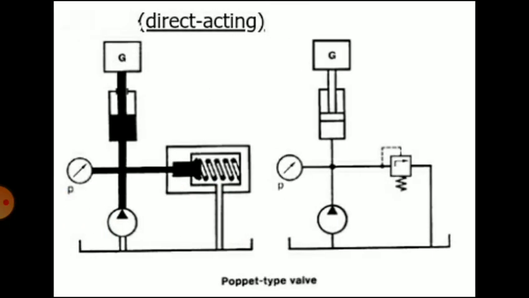This is a line diagram or the circuit diagram of pressure relief valve. So you can see at the left hand side and the right hand side, that pressure relief valve is connected in a system. So at the bottom there is a reservoir. In the reservoir there is a hydraulic pump, and that hydraulic pump is connected to the actuator. In between, the pressure relief valve is connected, and that excess fluid is diverted into the tank.